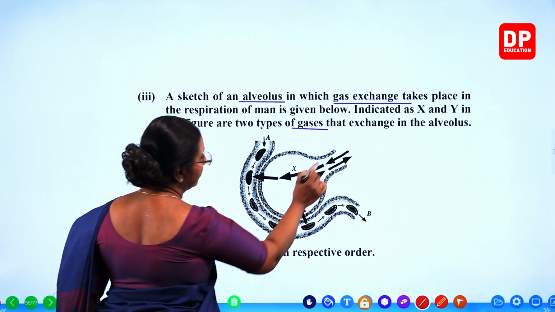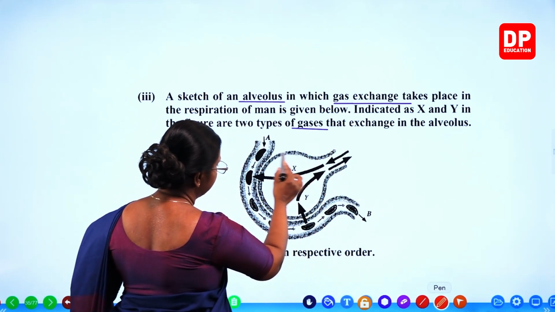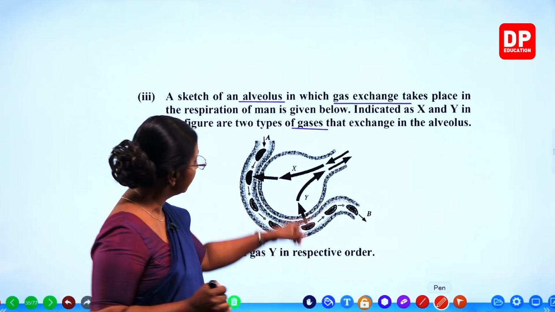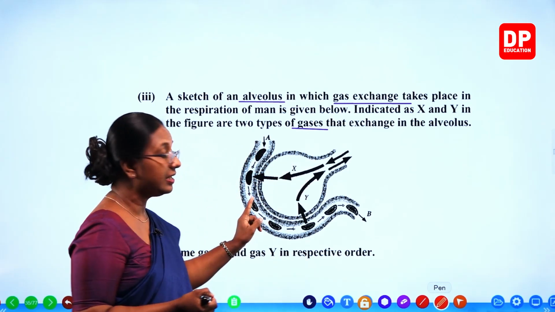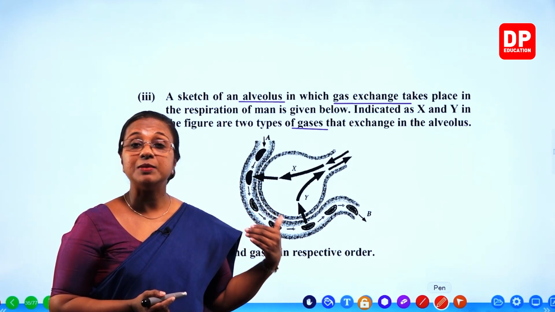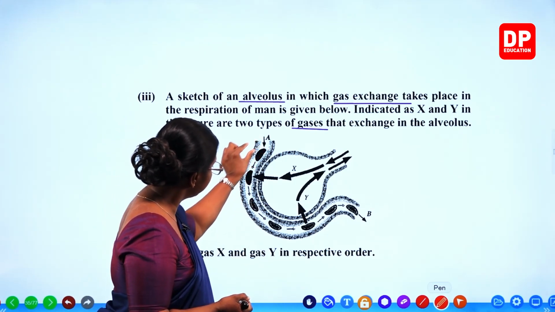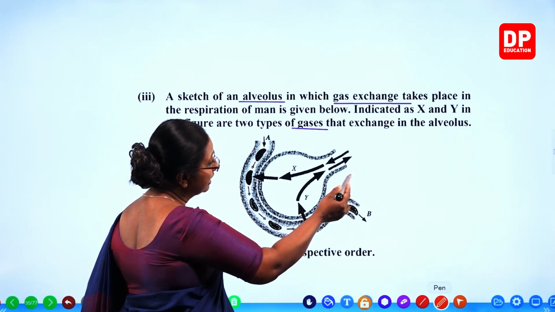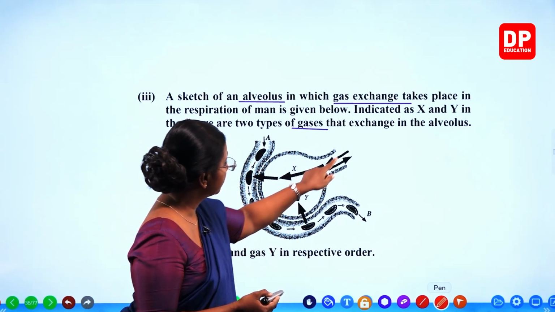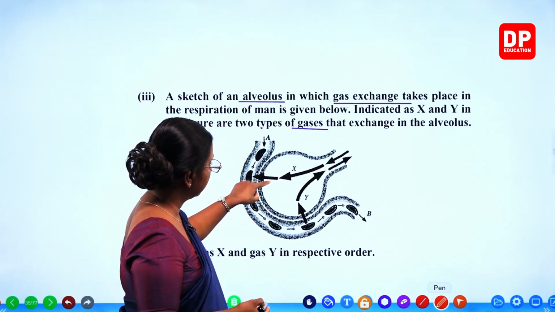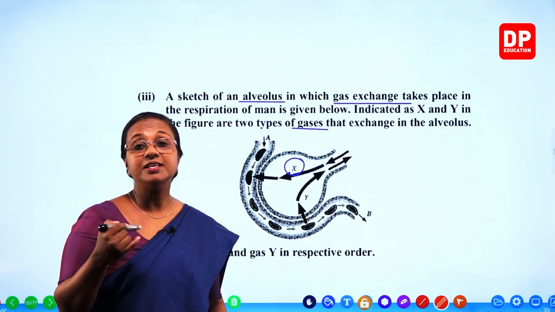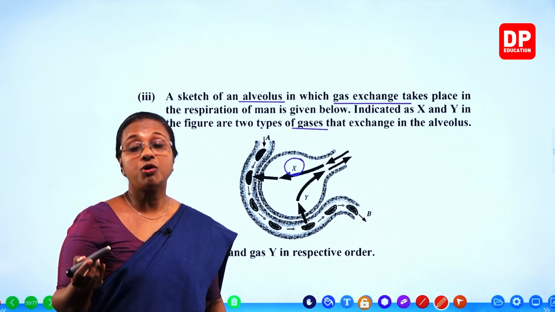So if you look at the alveolus, this is the alveolus. You can see here, this structure is the alveolus. And around that, the alveolar wall is very thin. Around that, there are a lot of capillaries. It is highly vascularized, so that there will be efficient gas exchange. So there is the blood capillary you can see. So the inhaled air, when you inhale, comes into the lungs and finally they reach the alveolus. So here you can see the air coming in that they have marked X. So you know the inhaled air is rich in or has a high amount of oxygen.